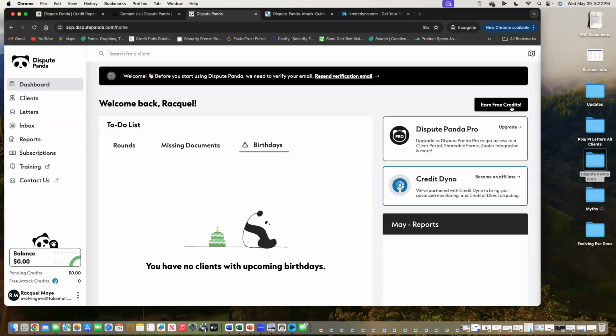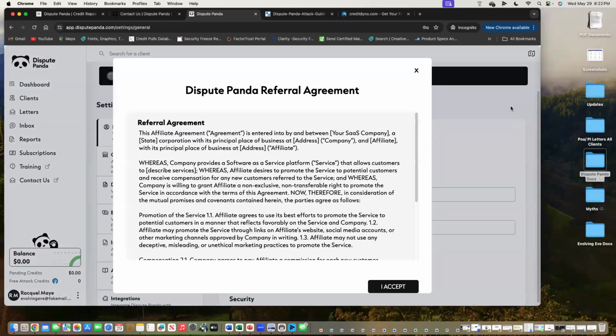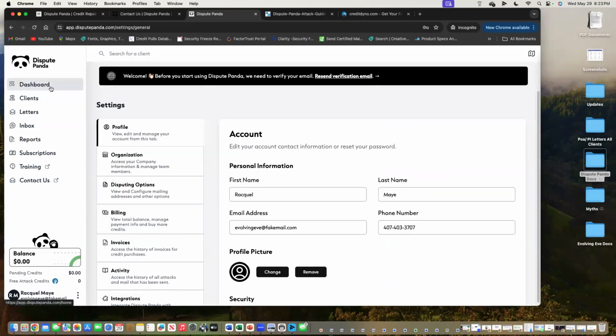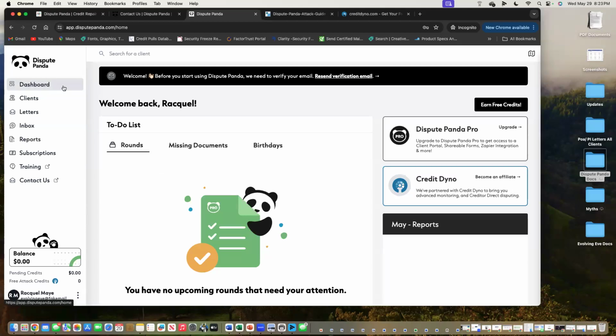Also, remember I was saying we're going to talk about drip money and money that you can make silently. Well, if you click on this button, it takes you to the Dispute Panda referral agreement. You can sign up for this today, and once the program goes live, you will get your own affiliate link. With that affiliate link, you will receive credits for any person that signs up under your affiliate link. So if you're a realtor that knows realtors, you can simply click the accept button. And then once the platform goes live, you will have your own affiliate code. And then when you go out to different speaking engagements or you go to different events, you have the ability to go ahead and connect with others that might want to come into the industry and want to have a low overhead.